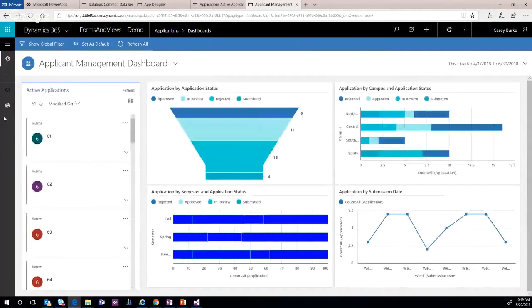Okay, so I get this kind of default icon for the dashboards here. And now you can see how it actually does look quite a bit different in the unified client than the preview experience that we had before. But so I can hover over these, and it gives me the count of the applications as well as the status. Same thing, and this is all interactive. And so, for example, if I want to look at applications for the Northeast campus that are a status of submitted,